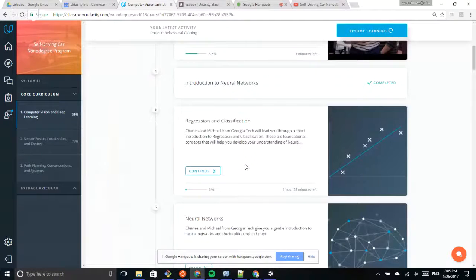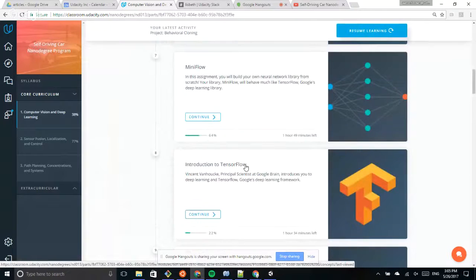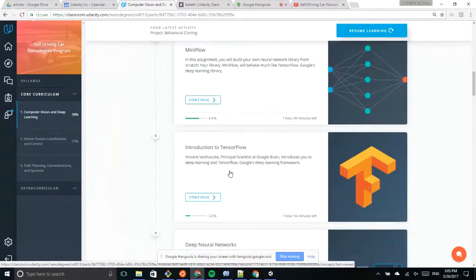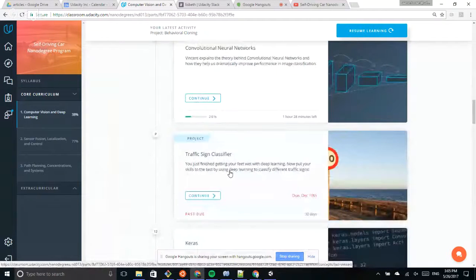And after that, we'll be moving on to project 2. And in this course, so basically computer vision and deep learning is what we'll be focusing on. So we'll be learning a lot about how artificial neural networks work as well, and then convolutional neural networks. And we'll be using that to recognize traffic signs. So we'll create our own traffic sign classifier where we give it this large array of different traffic signs. And using our convolutional neural network, we'll be able to classify what that sign is, whether it's a stop sign,